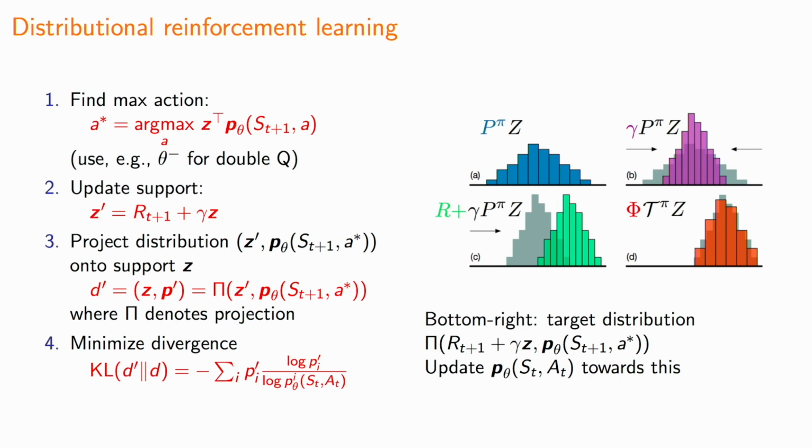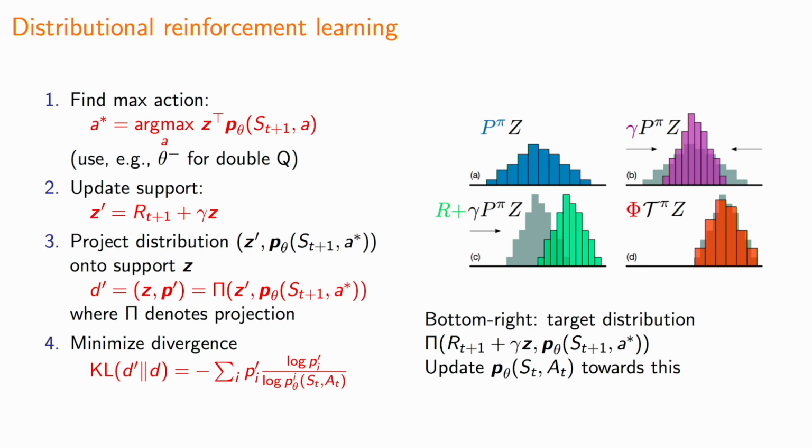And then we have a new distribution, which is defined on the same support that we already had at the beginning. So now we can say, okay, the distribution of my current state action value needs to be closer, in a sense, to this distribution. You can consider this basically your target. In the normal expected case, this would be, say, reward plus discounted next value. But in this case, it's now a distribution that we're updating towards. That's the way to think about this.